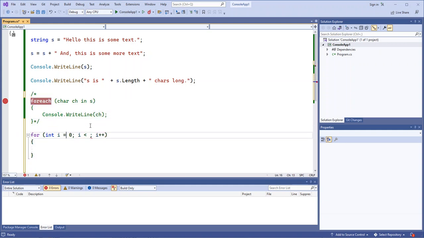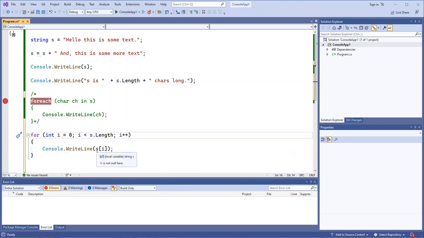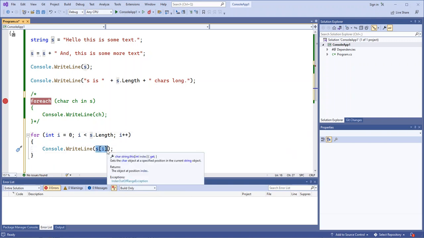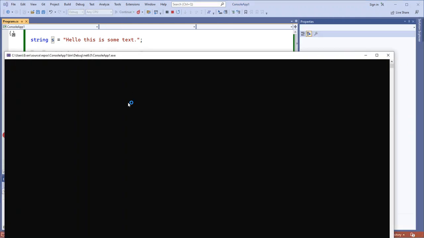Okay, so I'm going to make a counter called i, and as long as i is less than the length of the string, s.length, we know how to do that. And then I'm just going to print out the ith character in the string, so s[i]. So when i is 0, I'm going to go to the string and get out the character at position 0, zero characters down. I'm going to get out the first character. Then i will be 1, and I will print out the second character, the third character. This does exactly the same thing, but I'm pulling the characters out using a position rather than using a for